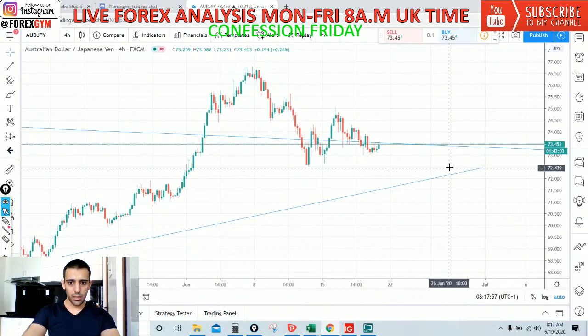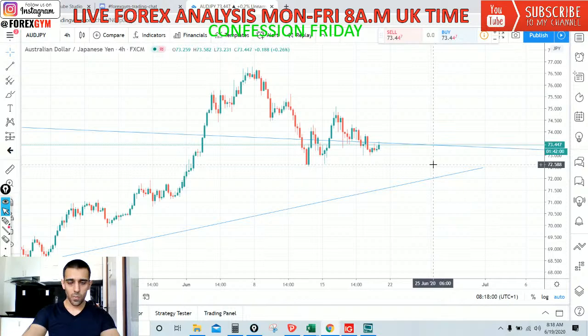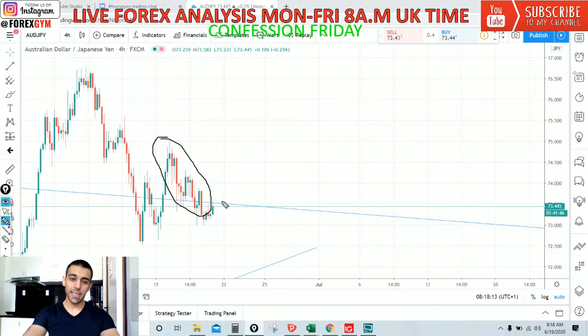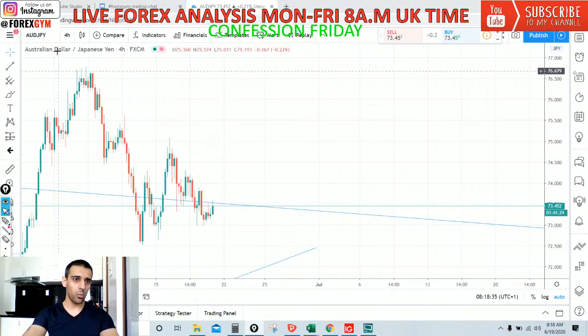Okay, let me see. Normally when I see these types of moves, like this move, it's good. I like these moves, as I pointed out earlier. So in terms of the 4 hour time frame, it looks decent enough to want me to trade, to maybe run it down to this level. However, on the daily time frame, it does not look good. I do like it when the time frames are aligned together, and on the daily it does not look good. So I'm going to hold back on this one. So for now, I would not.